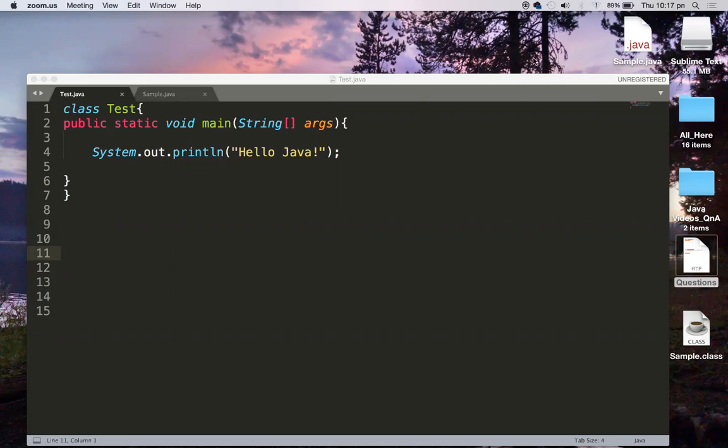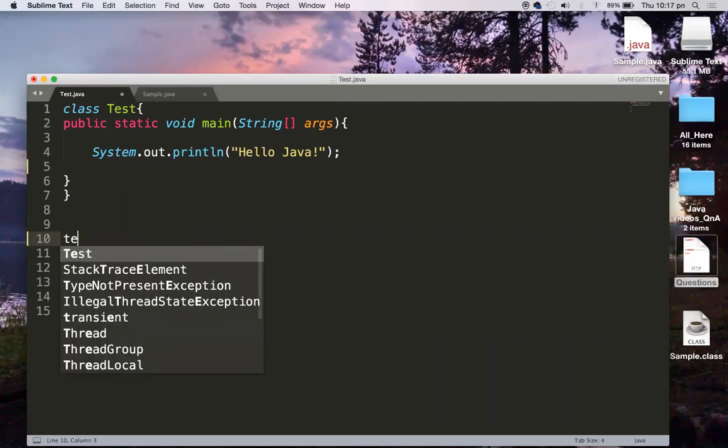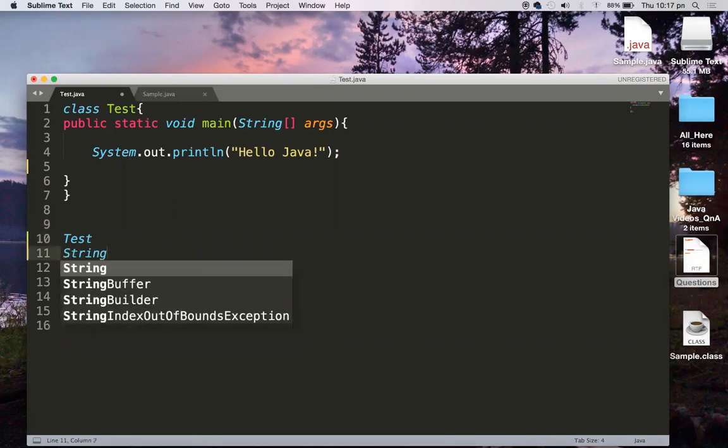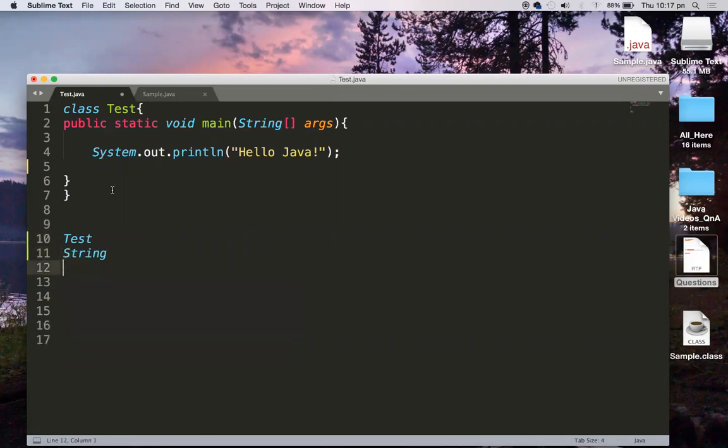Okay, so let me go ahead in explaining this. If you see this simple program, how many classes do we actually have? We have one user defined class called Test, which we have defined, and then we can find a class called String, and here we have another class called System. So here this Test is my user defined class, and we have something to write so that it will get printed in the console, that is Hello Java. So what about the String?